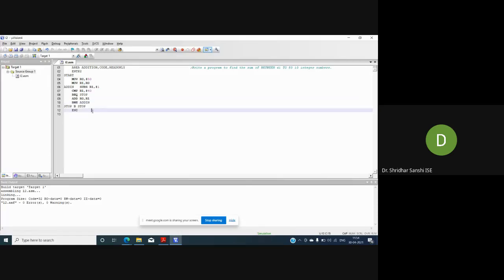Once you complete the execution, just send me the screenshot. How should you name your program? Name it with your USN followed by underscore followed by the lab program. Suppose your USN is 1B by IS, I will take the first roll number 167.